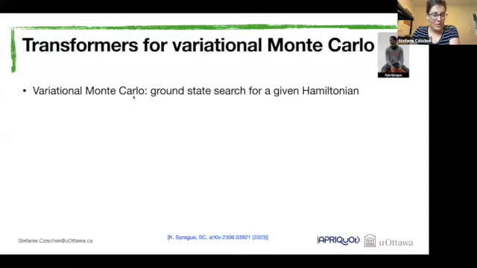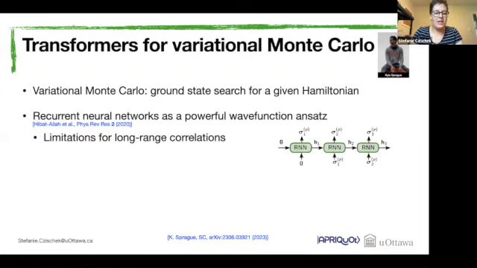And so here we talk about variational Monte Carlo. So basically, we now want to take our Rydberg Hamiltonian that I introduced earlier, and we want to find an efficient approximate representation of the ground state of this Hamiltonian. So we want to find the state of minimum energy. And of course, people have done this earlier.